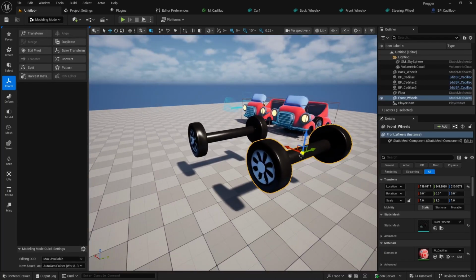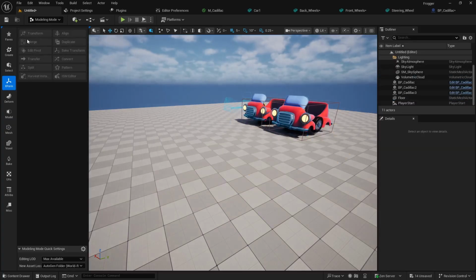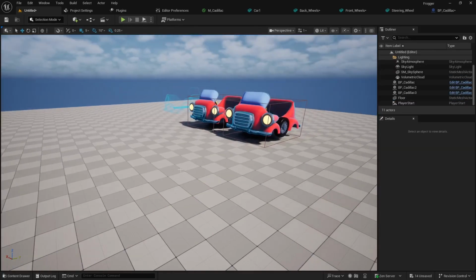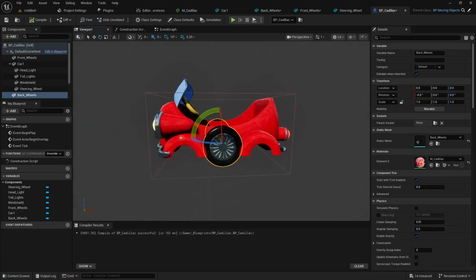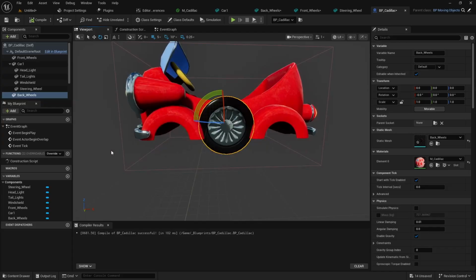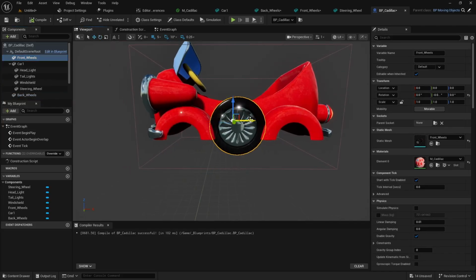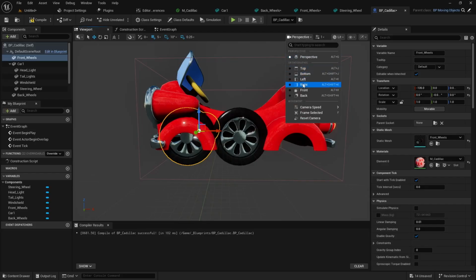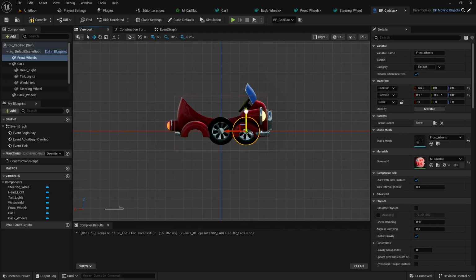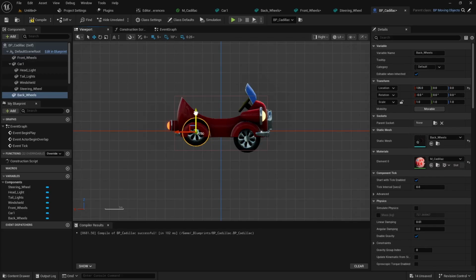And now I can simply delete both objects, switch from modeling mode back to selection mode. And then if I go back into the Cadillac, you'll notice it moved the wheels around, but that's okay. We can select front wheels and then go to our translate tool with W, and we'll just drag that forward. And maybe if I go to right view, and we'll just drag this, kind of just position it appropriately. Same thing with this one, drag that maybe here,